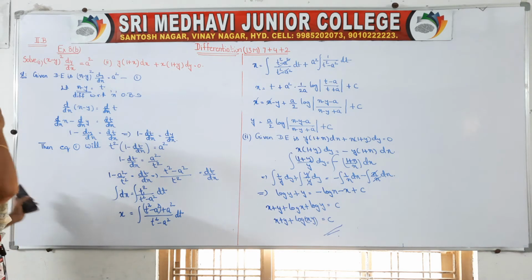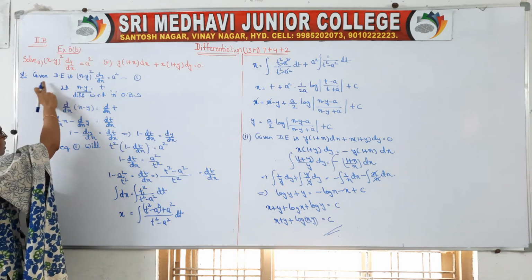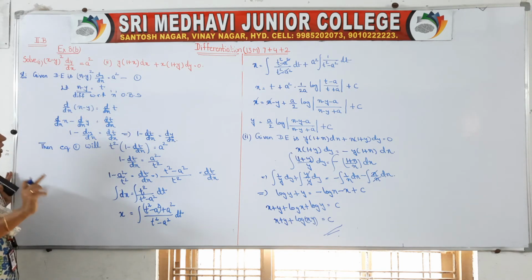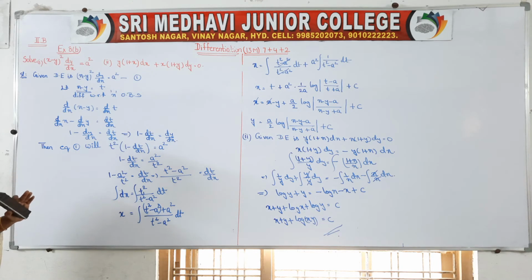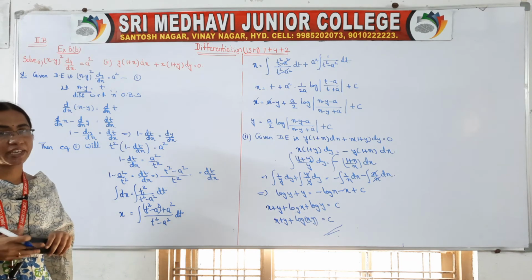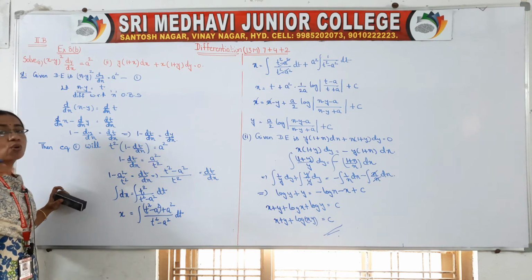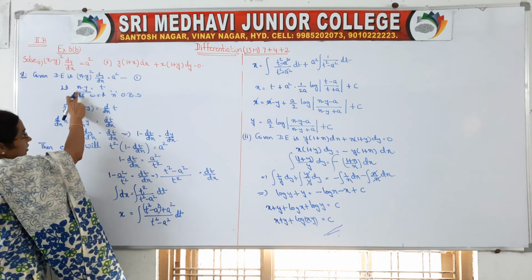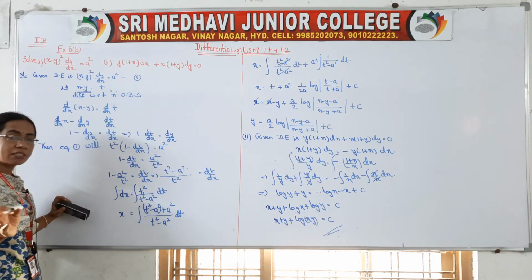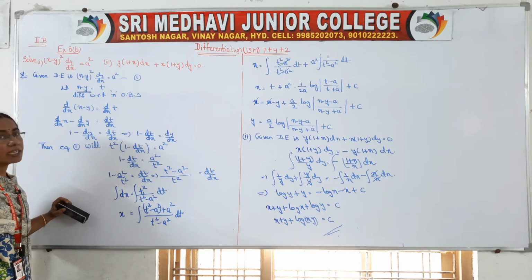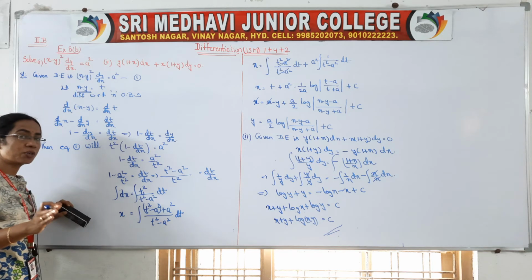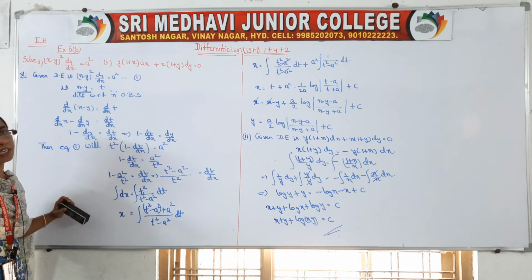Okay, so come on, now if you observe the problem, first question is given differential equation is this one. If it is x minus y into dy by dx, then directly we will separate and there will be x variable and y variable. But here x minus y whole square is there, right? So for that sake, we have to take x minus y is equal to t. Once in variable separable form, t is taken. So you have to separate as t variables into dt and x variables into dx.